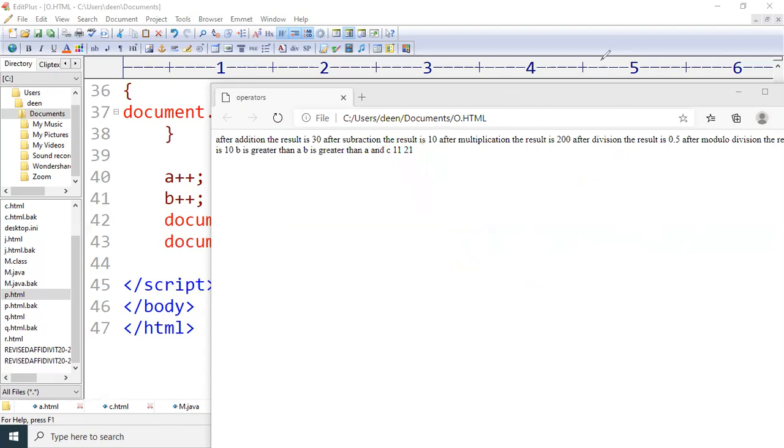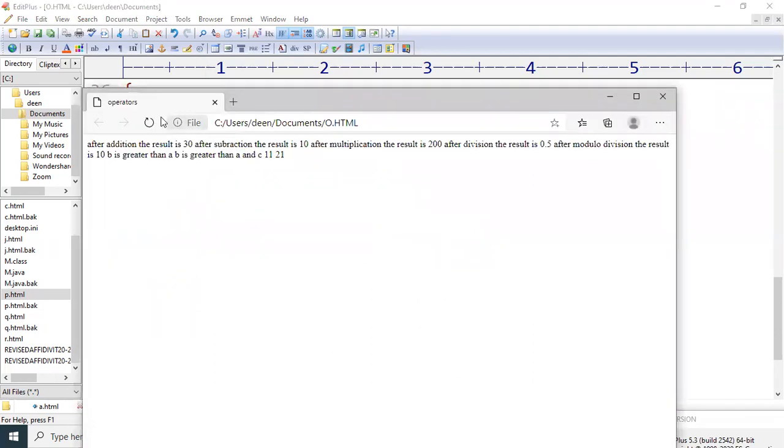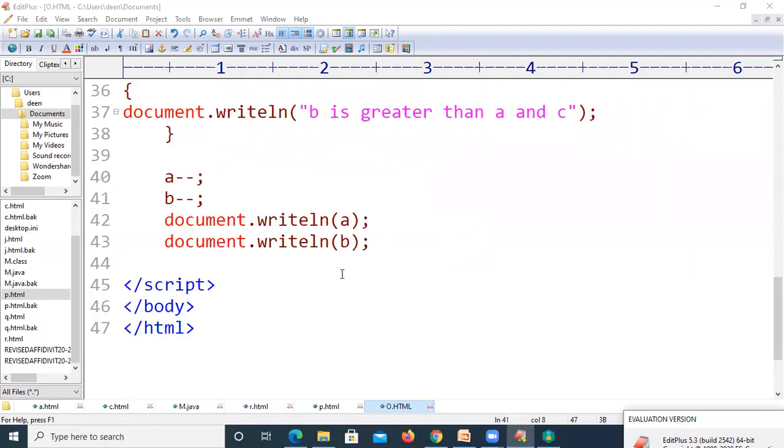Along with this, we have decrement operators, which are defined with a double minus symbol. If you save the code and make a refresh here, it will print 9 and 19, because 10 will become 9 and 20 will become 19 in case of decrement operators. So there are two things here.